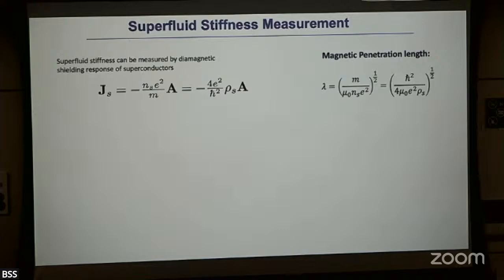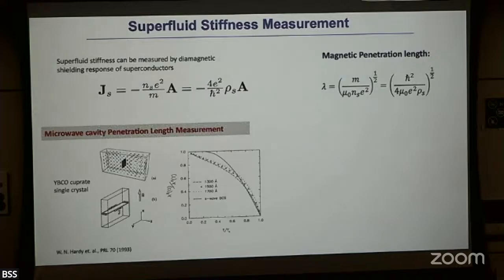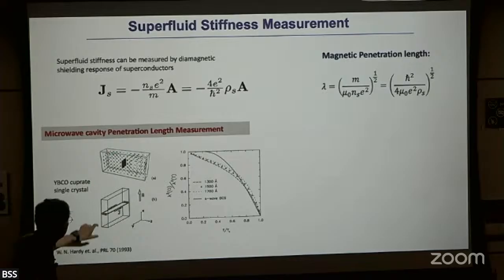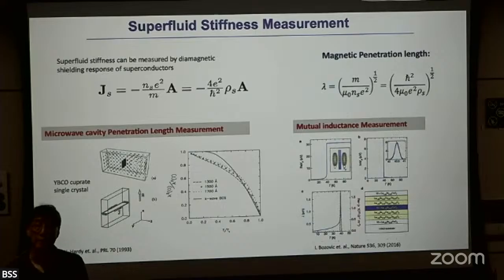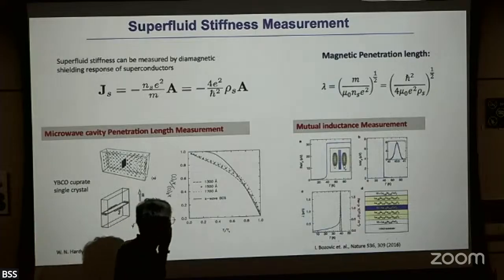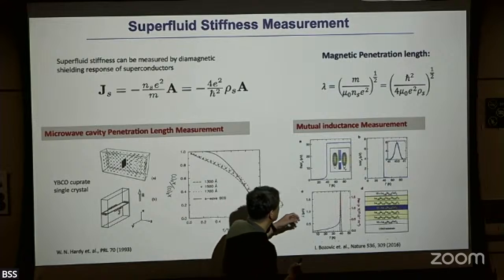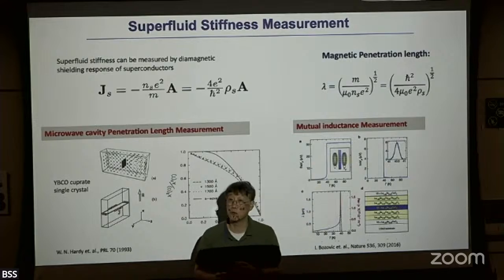There are ways to measure the penetration length scale. One way is to put the sample in a microwave cavity and look at the volume of the penetration out of the response, and you can get that kind of information. Especially when the sample is a thin film or small, a more developed technique is often needed. One such technique is the so-called mutual inductance measurement, which works well with films.